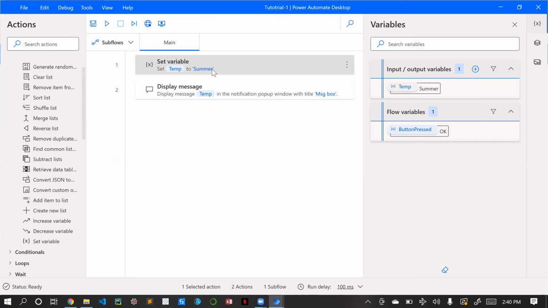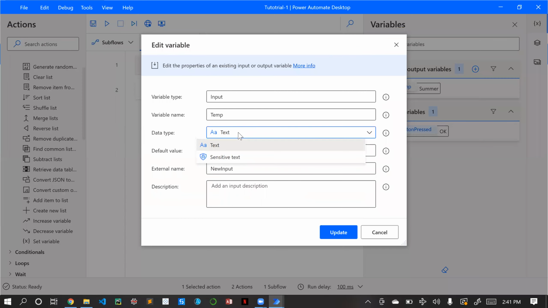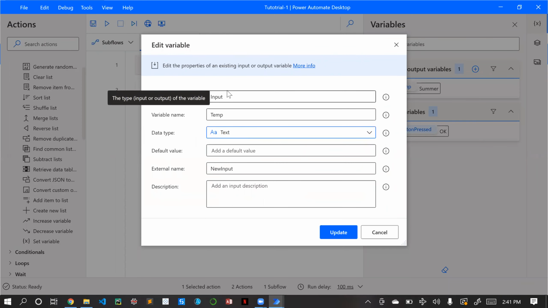Now, how can we deal with numeric data? For example, if you want to increment some value or decrement some value, we would do variable equals variable plus 1. That means if our variable value is 5 and we do it with 2, that means we need the value as 7. For doing that, I will edit my default variable which is temp. Let it be in text itself. As I told before, this variable which we created is a generic type.